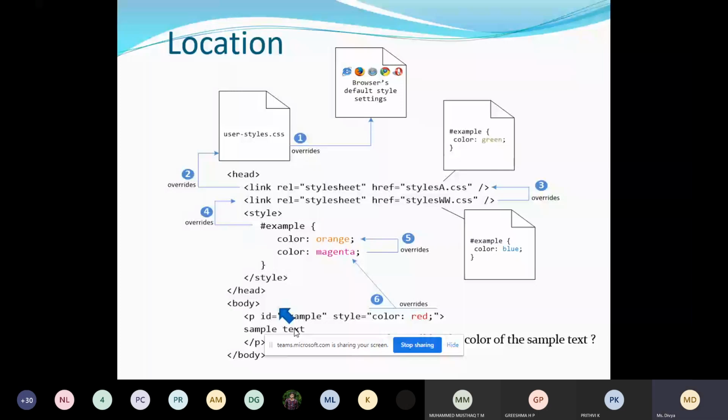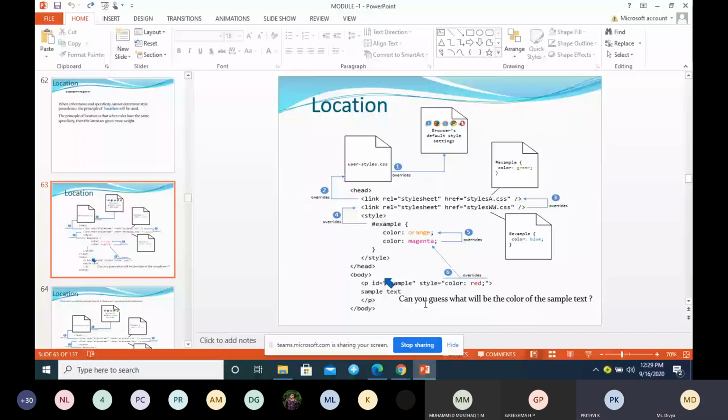Can anybody tell me what will be the color of this sample text? Red, magenta, orange, green or blue? Red. So it is red, right?